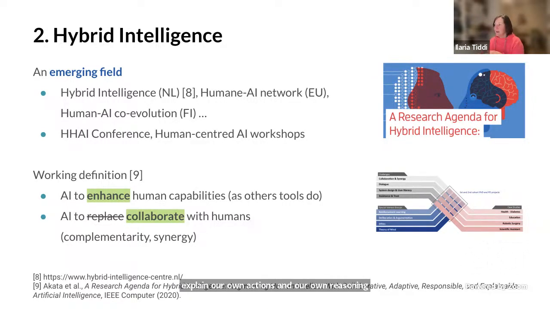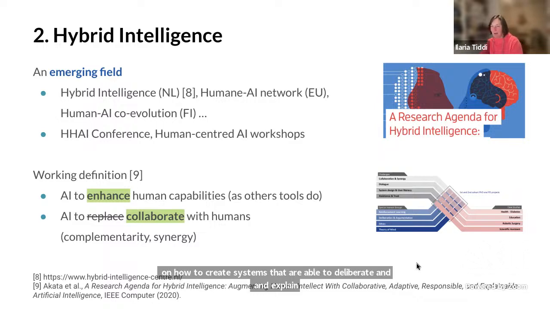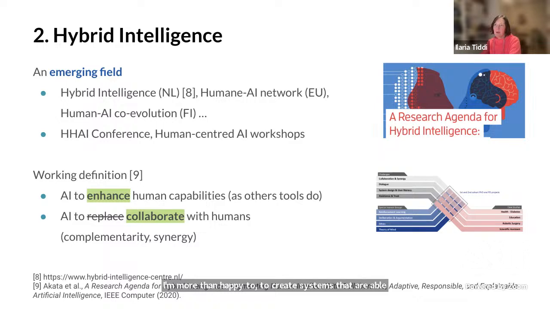So one of the core topics that we established when hybrid intelligence came into the picture was really how to create systems that are able to deliberate and explain to their collaborators. I'm more than happy to discuss this a bit further. And somehow, as part of the hybrid intelligence picture, we also